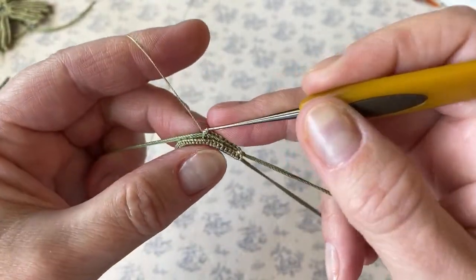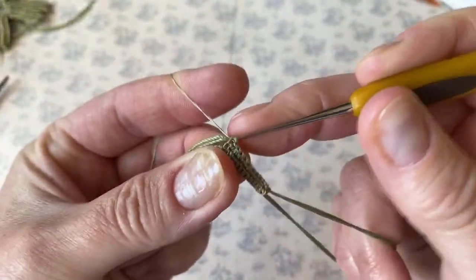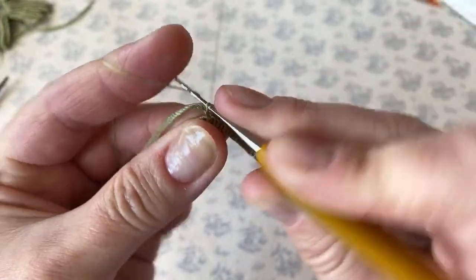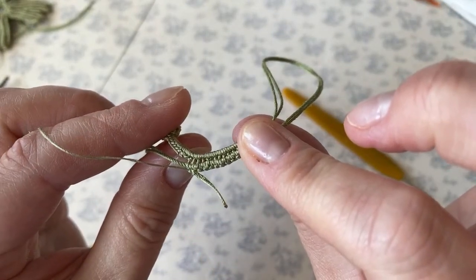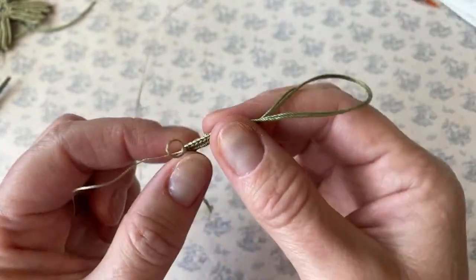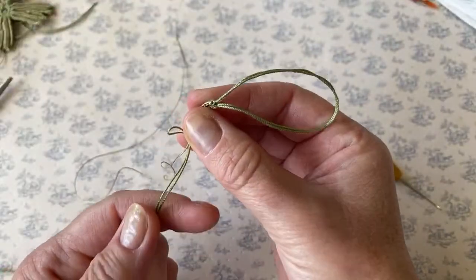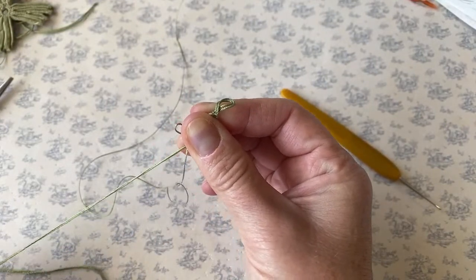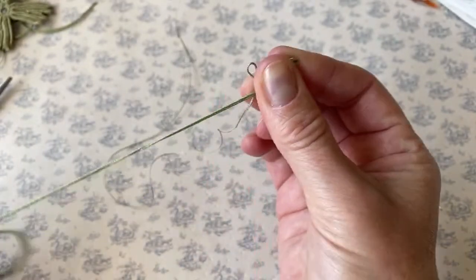This first row and the second are not the easiest part for beginners, so be very patient when you crochet. And once in a while, make sure that your stitches on the back snug together and you don't see the padding cord. My padding cord is already between stitches. I can see it's cut between them, and I can already remove this loop by pulling on my padding cord while holding the stitches, and make this loop small. Just remove it like this, and make sure you don't see the padding cord here on the turning part,